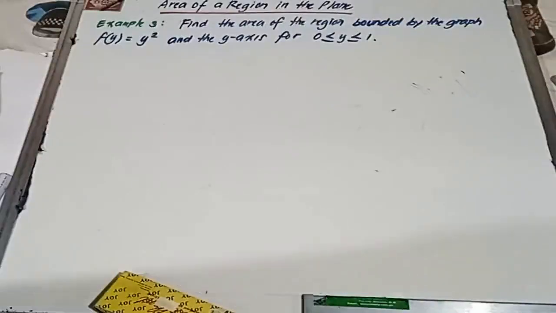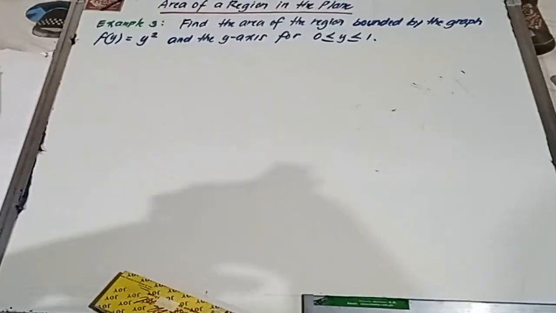Okay, so this is my third and last example for the topic about area of a region in the plane. It says, find the area of the region bounded by the graph f of y equals y squared, and the y-axis for 0 less than or equal to y less than or equal to 1. Now, if we're going to analyze the given function, that is a parabola with vertex at the origin and opens